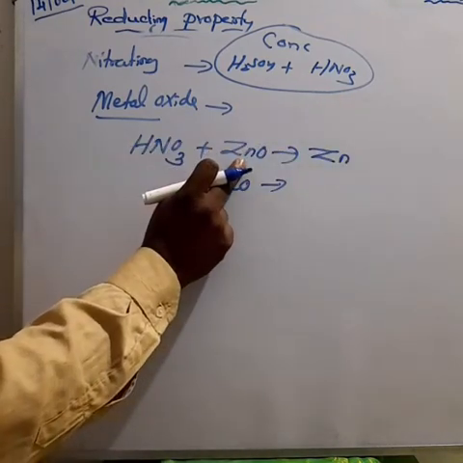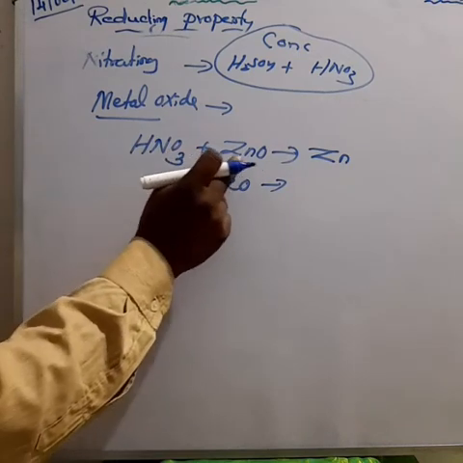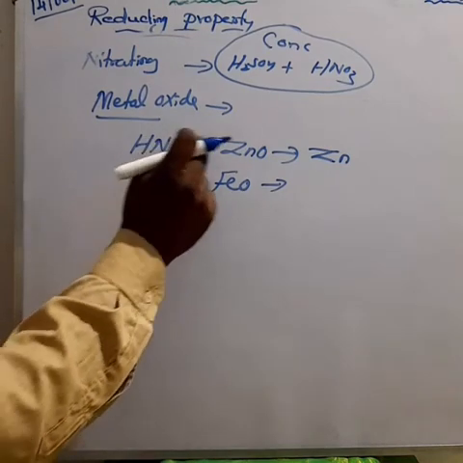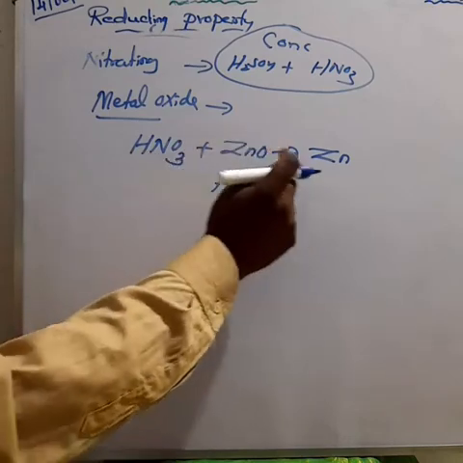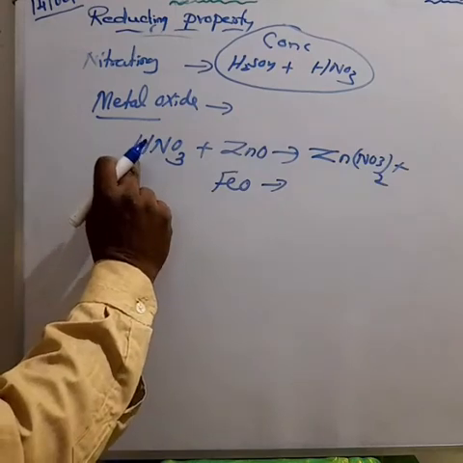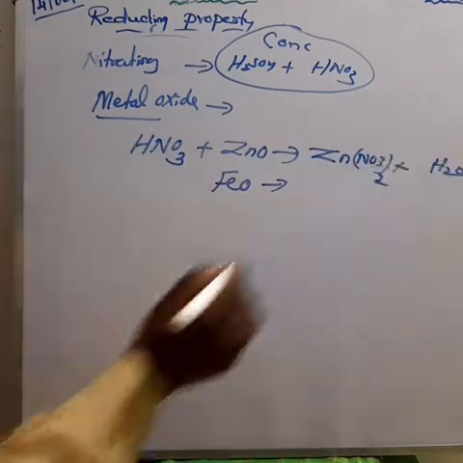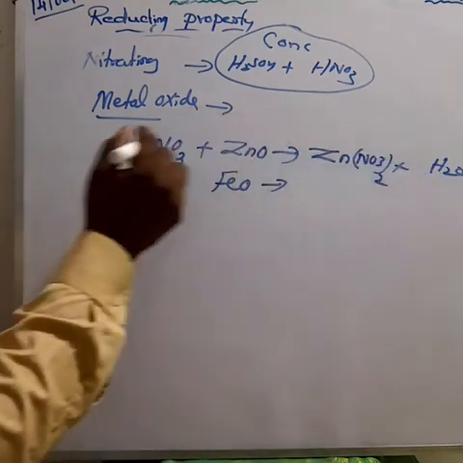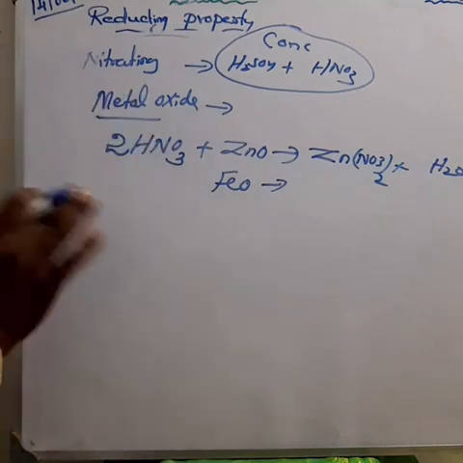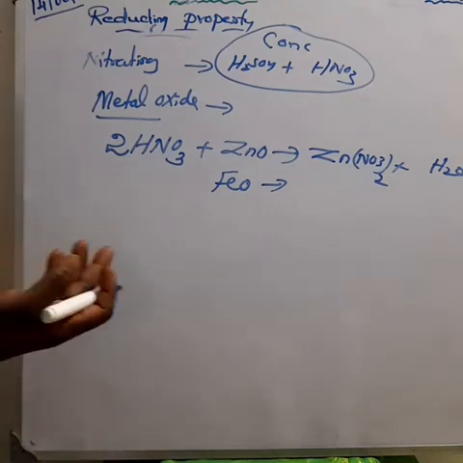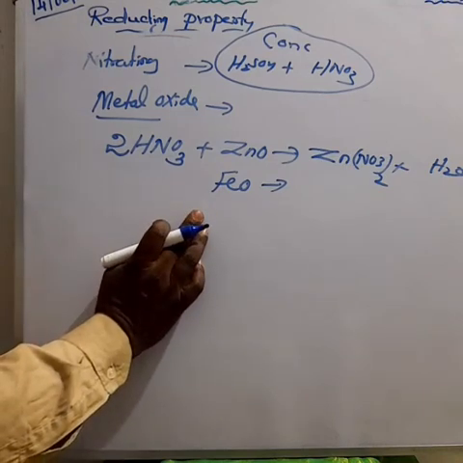We have to write the equation. What is the formula of zinc oxide? ZnO. This ZnO reacts with nitric acid, HNO3, and gives zinc combined with nitrate to form Zn(NO3)2. Hydrogen combines with oxygen to form water molecules. Please count how much hydrogen is on the product side, 2 hydrogen. So make it 2 hydrogen on the reactant side. Now the equation is balanced. One equation is enough, my dear children. Those who are interested, please learn; you can take the second equation.